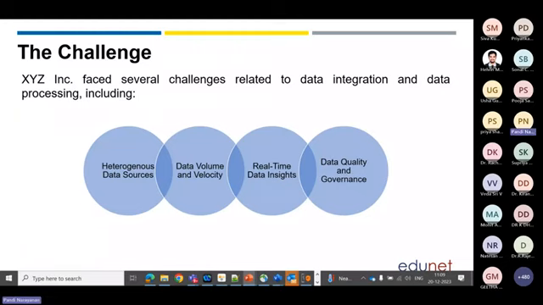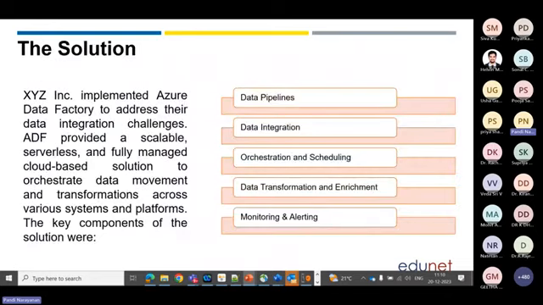Thanks. So there should be data governance in place, in the sense the data should be secured. I should not be able to see others' data, and others should not be able to see my data. So data governance and data security should be in place. These are the various challenges the company XYZ is facing in this case study. How can we solve this? As we saw in the other deck,